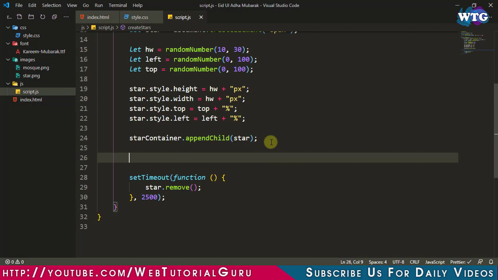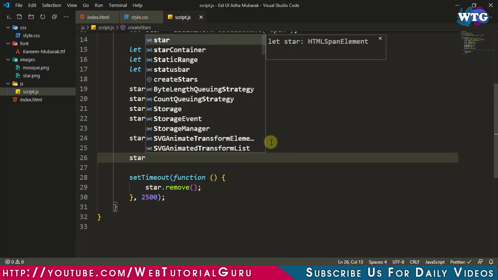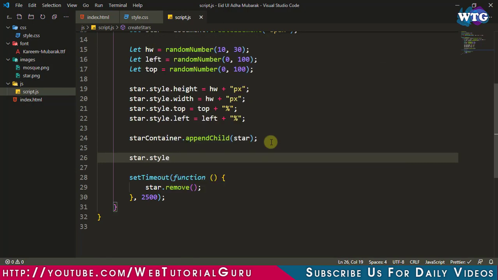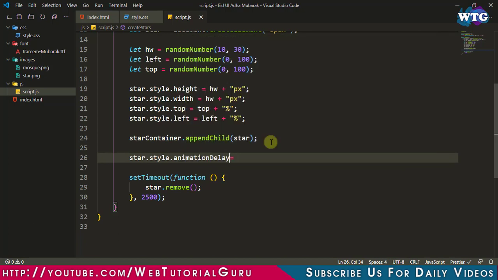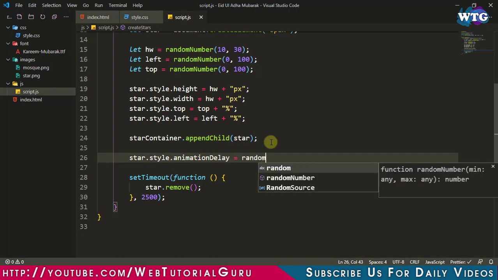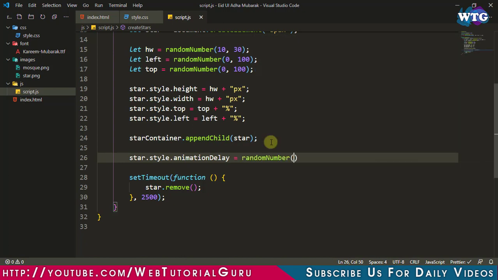Let's type star.style dot animation delay equals to, and call the function of random number and pass two values, 100 and 700, and concatenate the ms at the end of this statement.